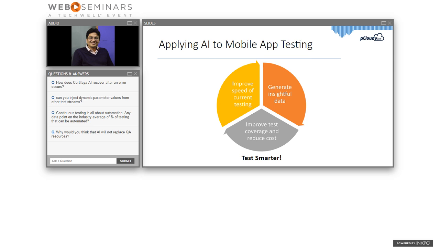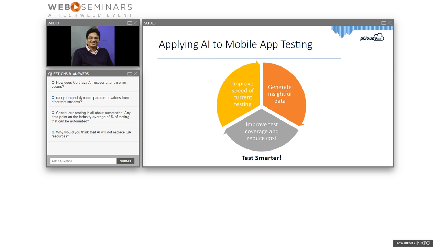So we have been using personal assistants for our daily use, like Siri or Alexa, but can we create a personal assistant for testing which can become a buddy of mobile teams and give them the power of AI to further increase their speed? The second aspect that we looked at was, can we generate meaningful data for users to